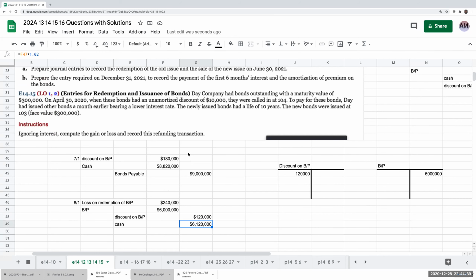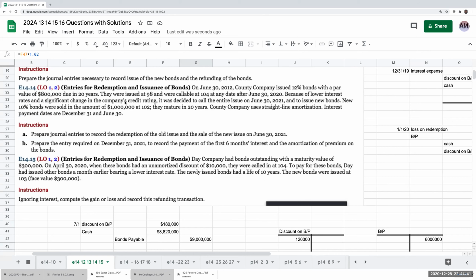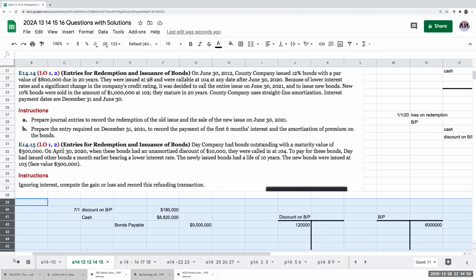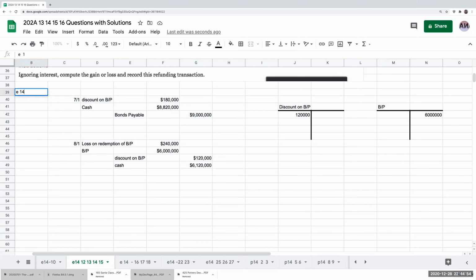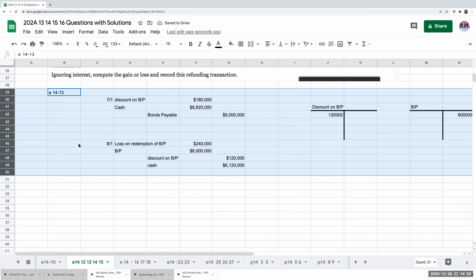Okay, so let's just keep on going. So entries for exercise 1414 on June 30th. Let's go ahead and hide this away. So this is exercise 1413, and now let's go to exercise